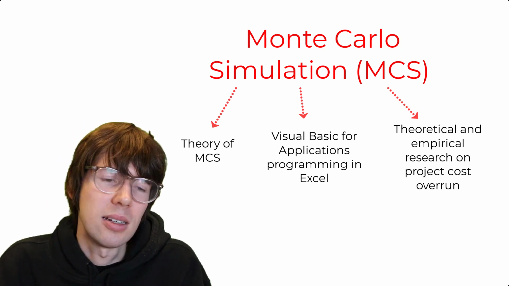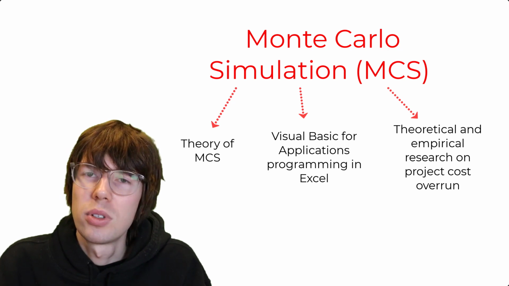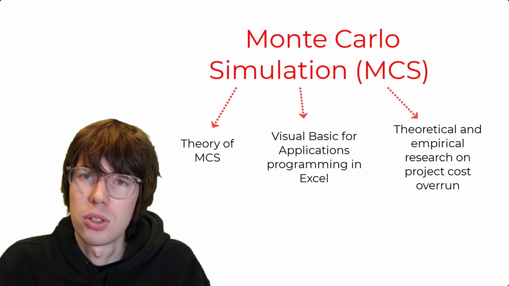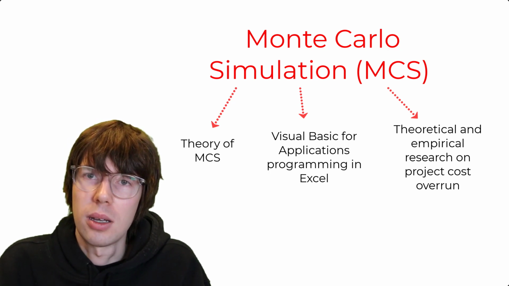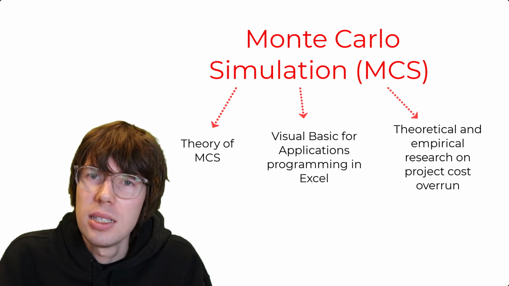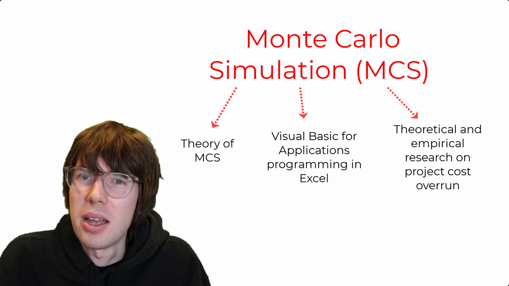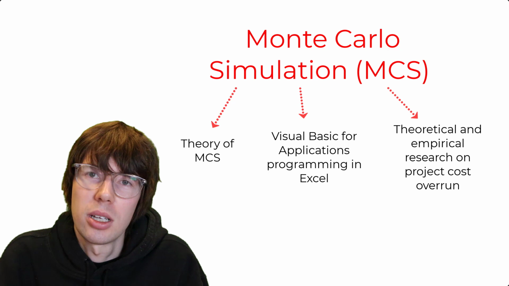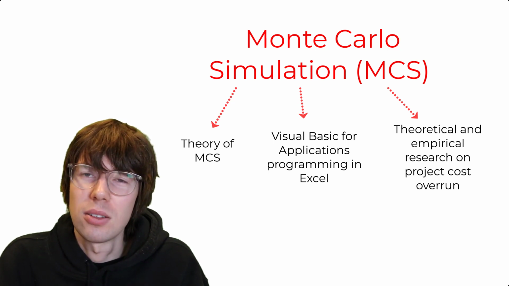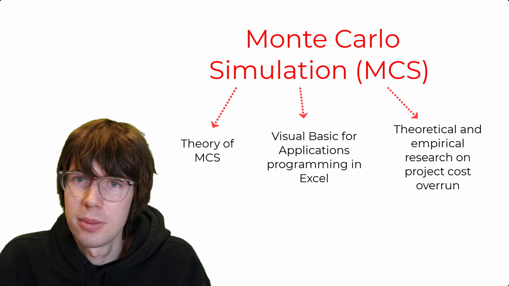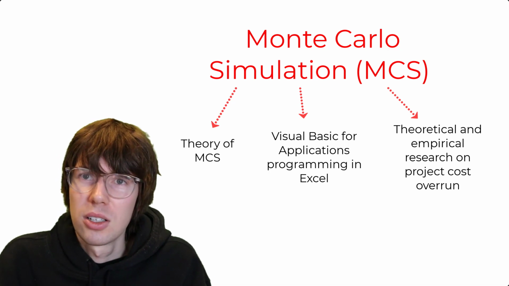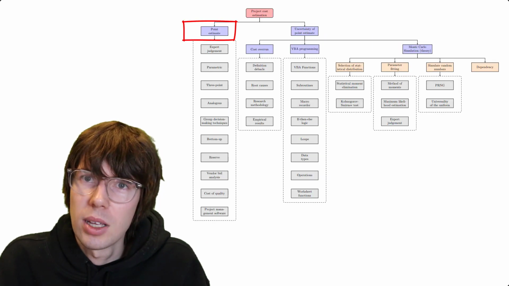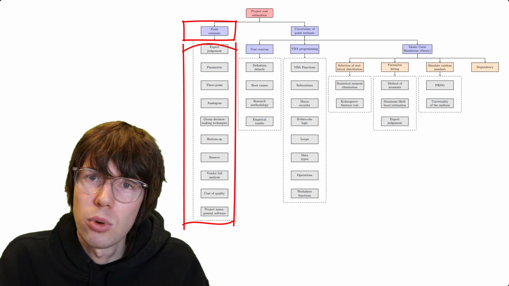So I will be teaching the theory, and I will go to theoretical research and also to empirical research when it comes to cost overruns in projects. And this is basically based on my own research, as I did a PhD in project cost overruns. So this is very much based on the research I came across and was doing myself. So that is kind of the overview of my course. Two things: find a point estimate, and there we have 10 different methods from the PM book, the Project Management Body of Knowledge.